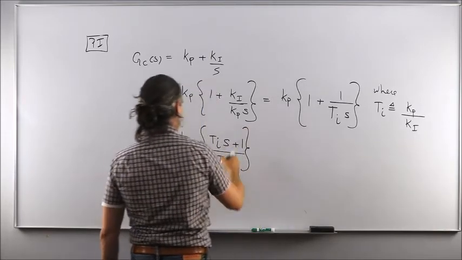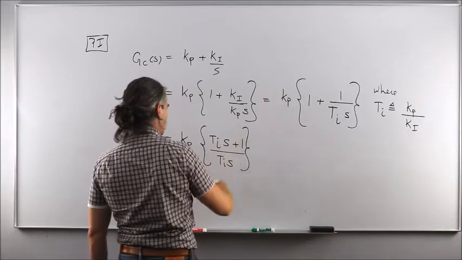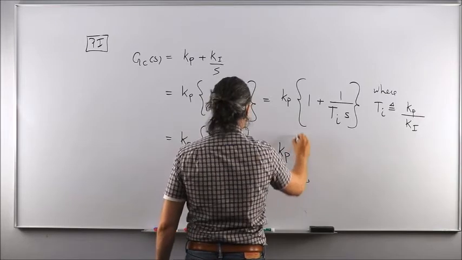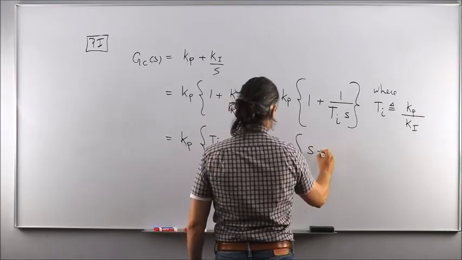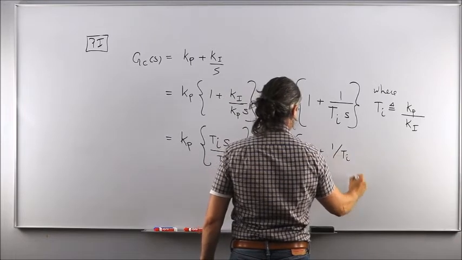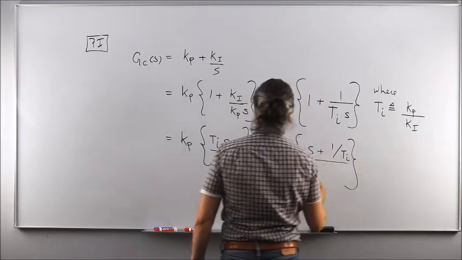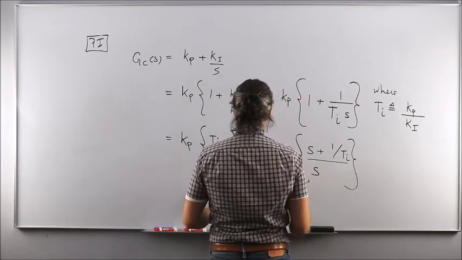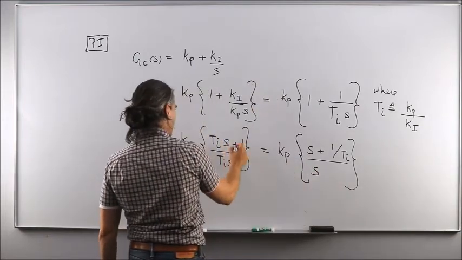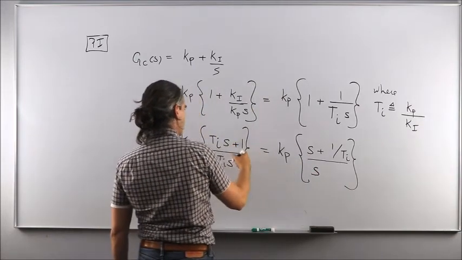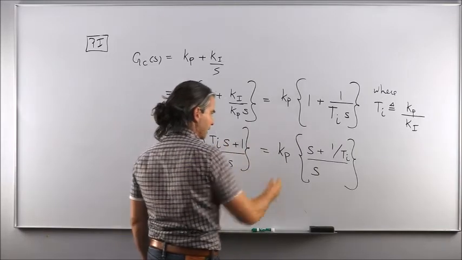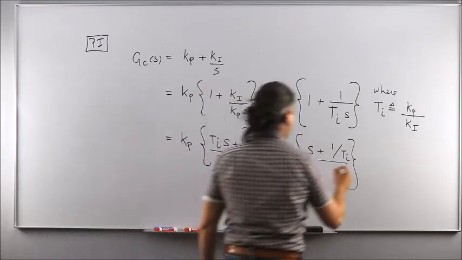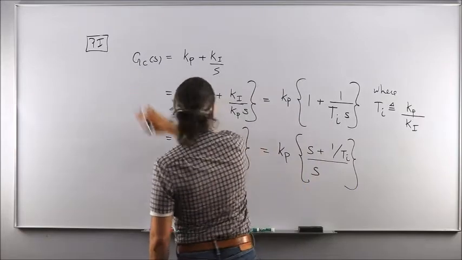And then I'm going to make sure that I end up with S plus something for the numerator so that I can rewrite it as Kp times S plus 1 over Ti over S, right? So if I divide the top with Ti, I get S plus 1 over Ti. But if I divide the bottom with Ti as well, I just get S, and the two Ti's cancel out. So all this to say that here, I can now clearly see what a PI contributes